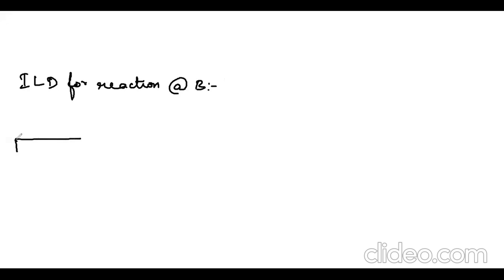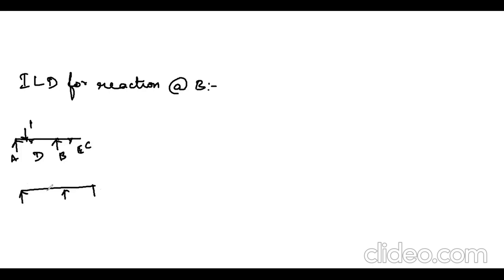So far we have found how to draw the influence line diagram for the reaction at the support A. Next we are going to find the influence line diagram for the reaction at the support B. For this, we know we have 3 different cases. First one is like this. This is A, this is B, this is C. Here is the point E, here is the point D. I will be applying the unit load in this portion. This is the first loading condition.